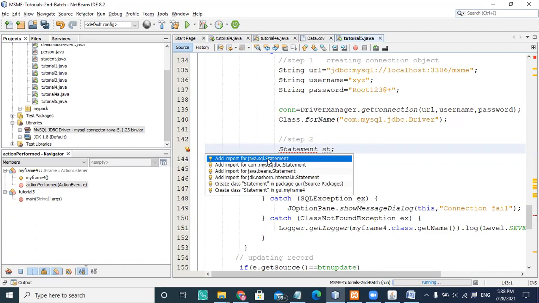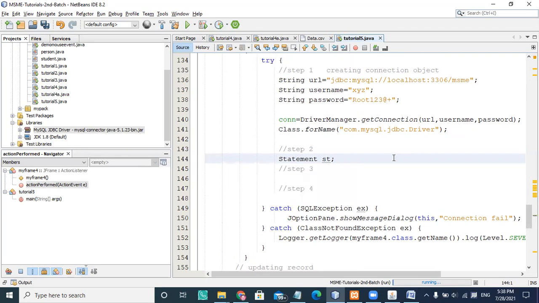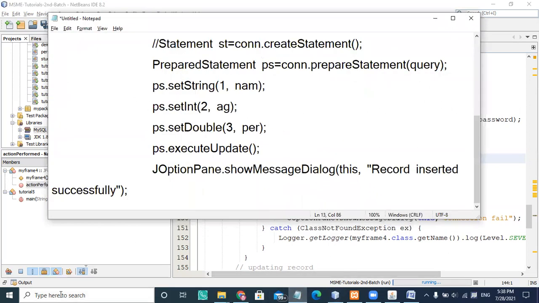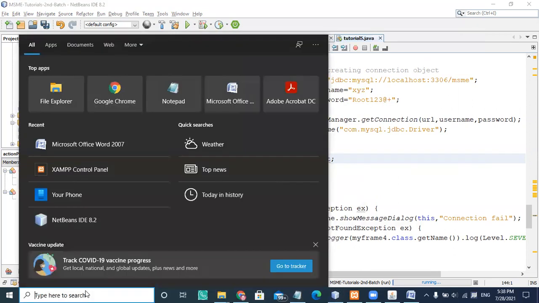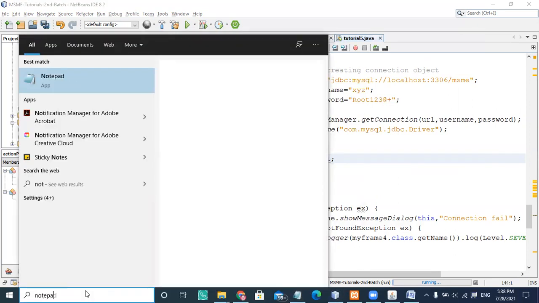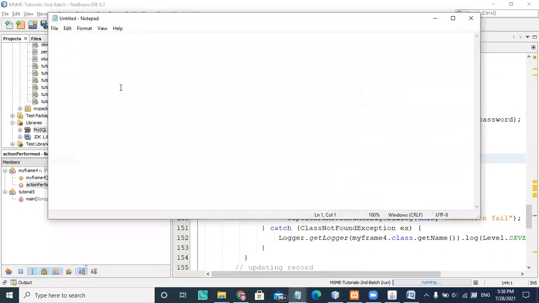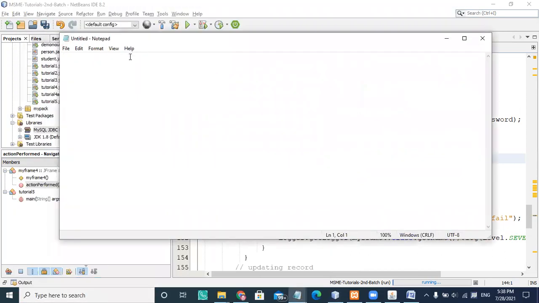This is java.sql.Statement, and there are three kinds of statements that you use when firing a statement to the database. One is a simple statement, second is the prepared statement, and third is the callable statement.